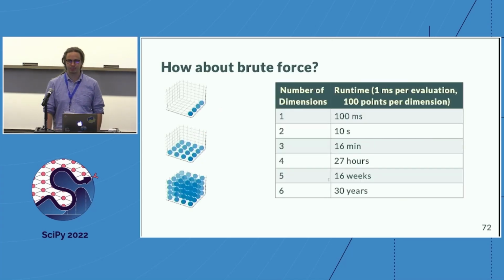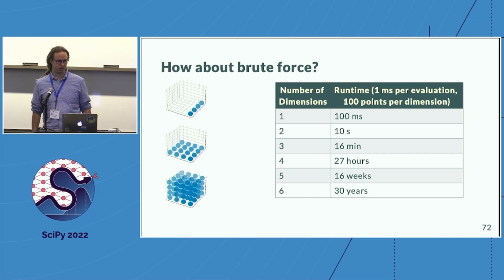So the first question is maybe how about brute force? Can we simply do a grid search? But it actually doesn't work for more than a handful of dimensions. The table on the right shows you the number of dimensions in the first column and the runtime of a grid search in the second column. The assumptions behind this calculation were that each function evaluation takes 1 millisecond, which is not very much, and you want 100 points per dimension. So for example, if you had bounds 0, 1, this would give you 2 digits of accuracy, which is also